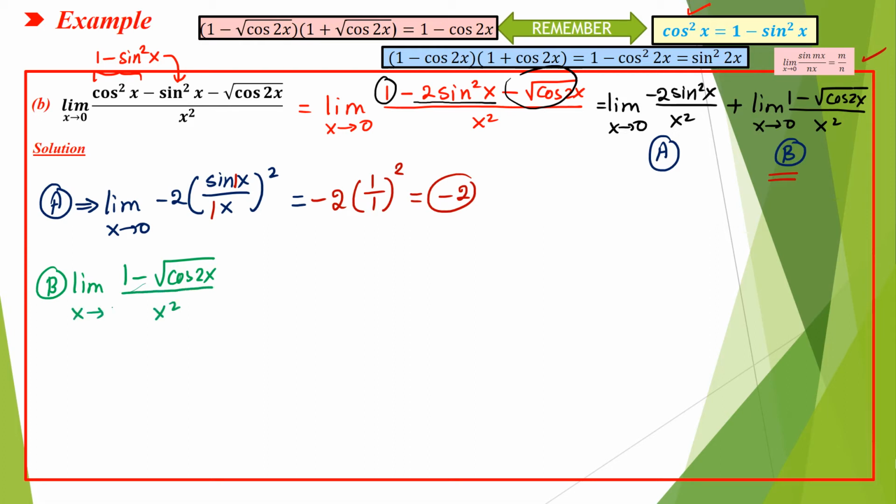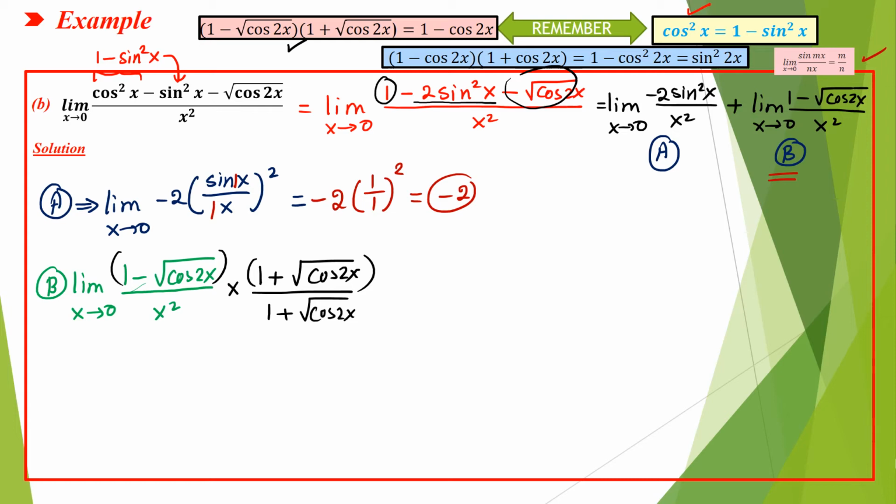When x goes to 0, you have to multiply up and down by the conjugate of the numerator. So multiply by 1 plus square root of cosine 2x divided by 1 plus square root of cosine 2x. Now if you multiply an expression with its conjugate, this is the answer for our step 1 minus square root